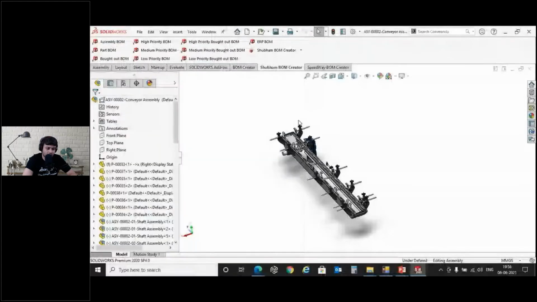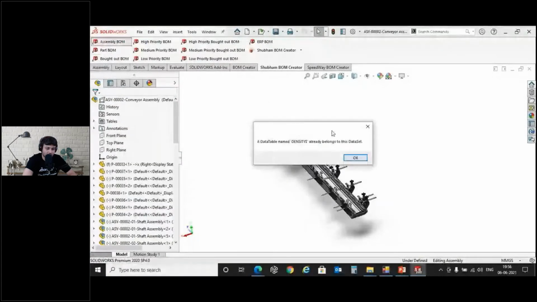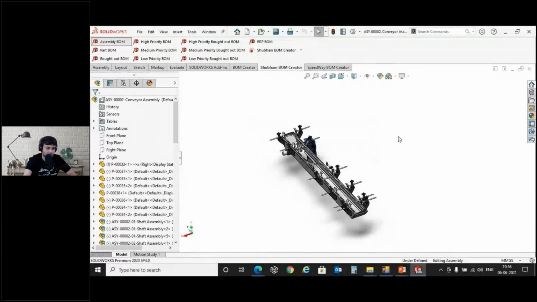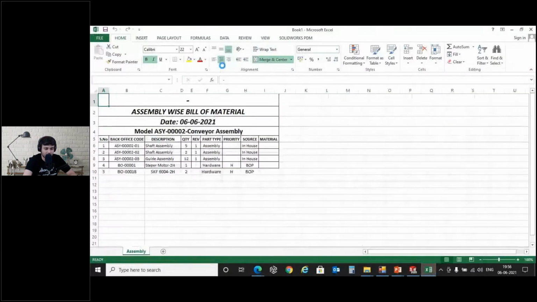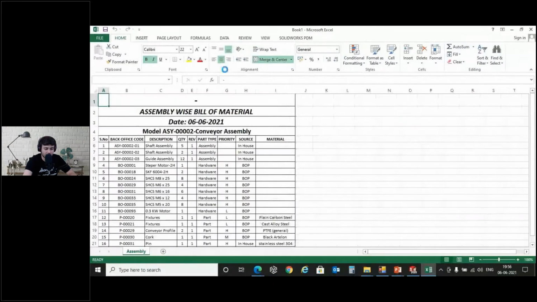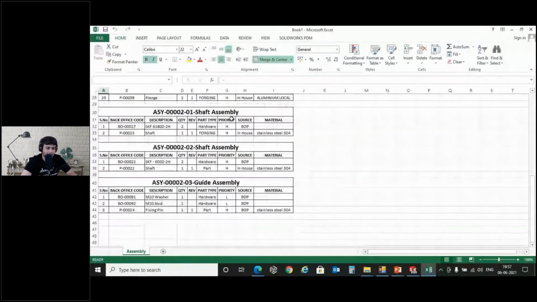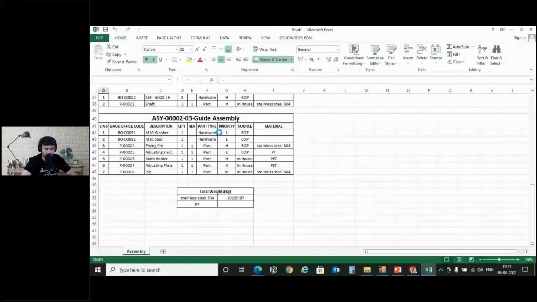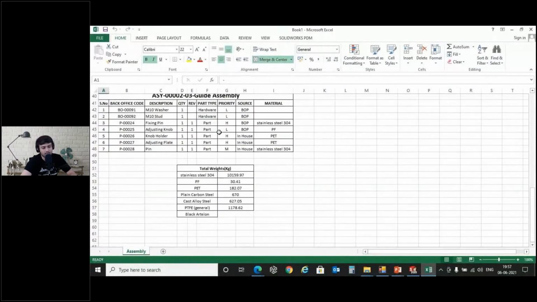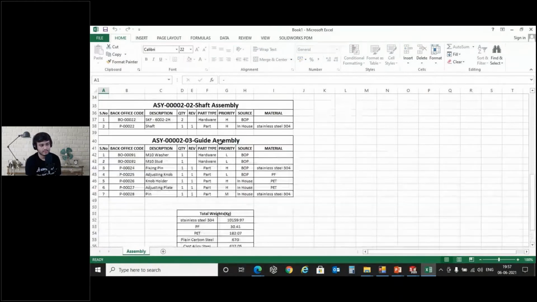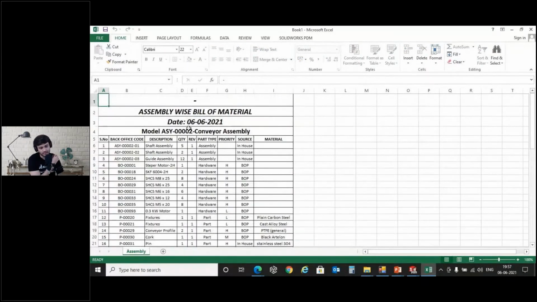Going further, if I want to create the design BOM, again with a click I can create the complete report, a complete level by level detail. As I said, it's an enhanced version of it. So there you go, you get the complete BOM in a click and in a complete, representable format.